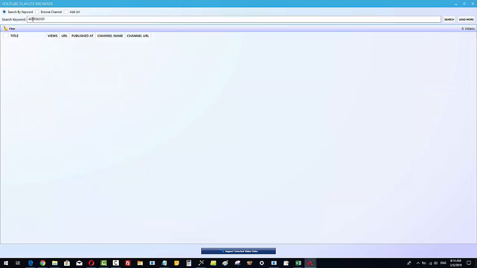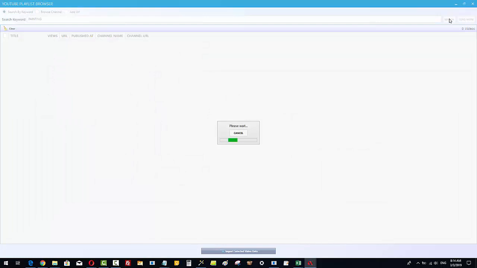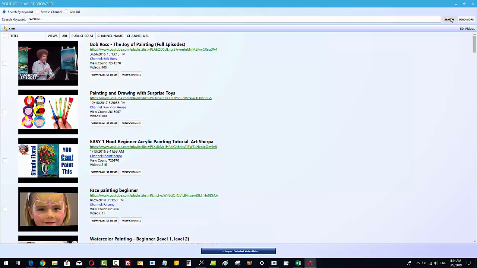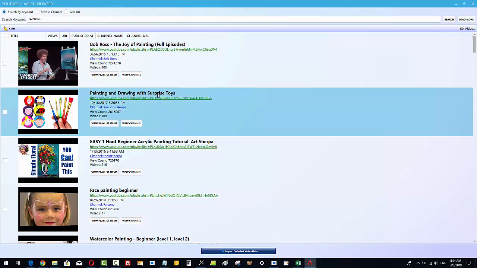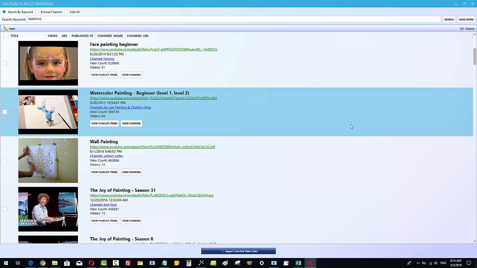Okay, let's see what else. Clear this. I'll put in here painting. Now, this might need the word course behind it, or tutorials, or something like that. I can't remember. The Joy of Painting full episodes is 7.24 million views. This one, okay. Painting and drawing with surprise toys, whatever that may be. Face painting,